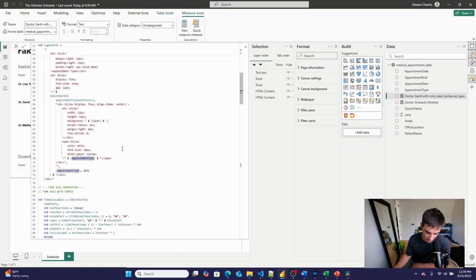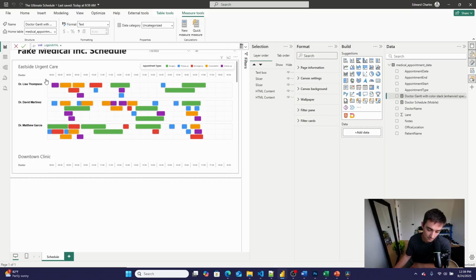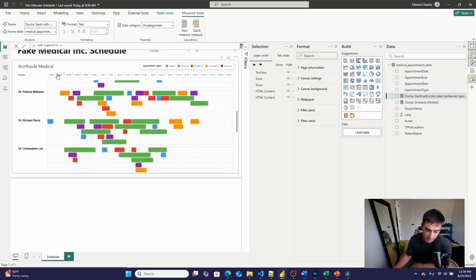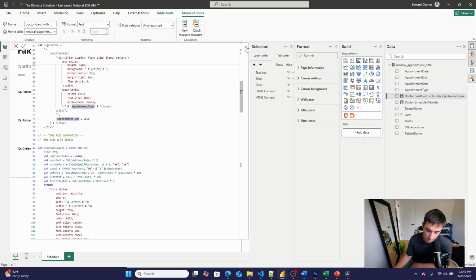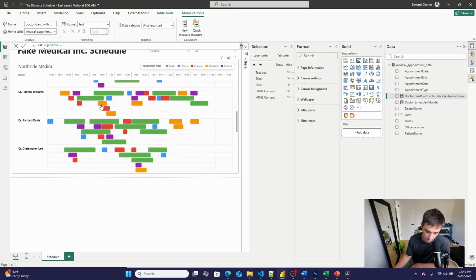Okay, moving down, the next thing that it needs to do is create the time axis. Now, this is a component that's going to be replicated for every single office location, but it's this piece of HTML right here. What it's doing is first getting all of the time slots, right? It's calculating them into half-hour components, and then it's returning the HTML that's building it. It's also saying, if it's not the first label, then don't add a little tick. And there's also some logic in here saying, if it's not the last label, we don't want to display a little tick right here